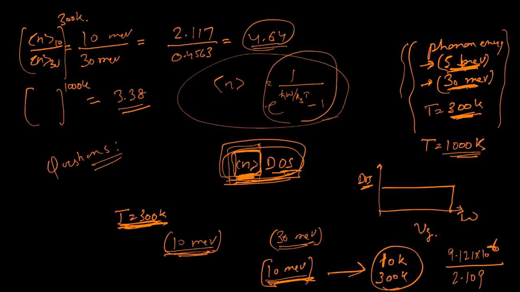So if you divide 10 by 300, it's quite less. But if you do the same with, let's say, 200 by 300, then this ratio is about 1.271 divided by 2.109. So you could think now, depending on the energy and temperature, this occupation factor is different, and different phonons contribute differently. So that was the main motivation of walking you through this exercise.